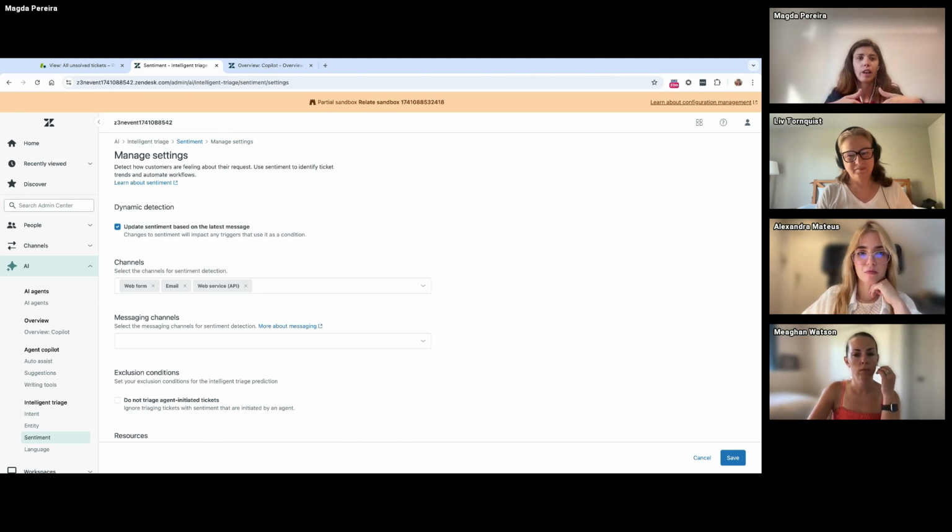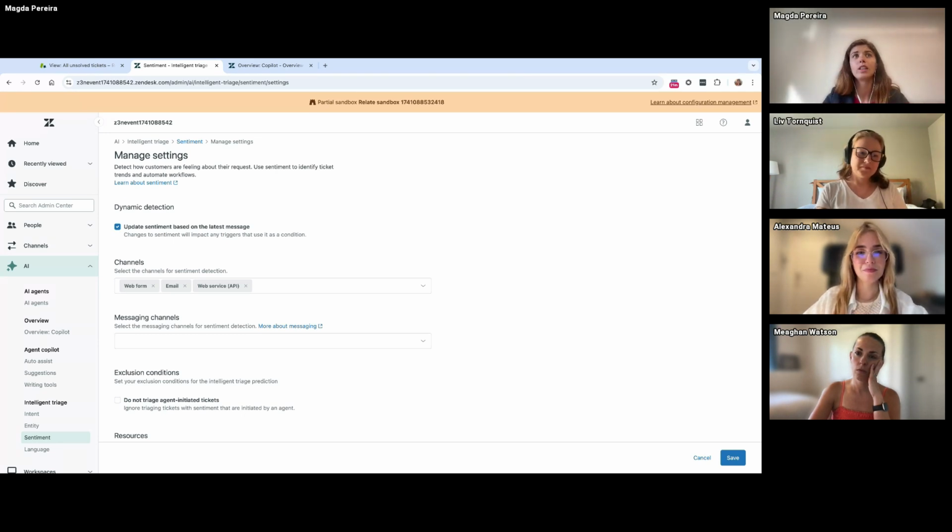So for instance, if the sentiment started neutral or positive, but then there was something that made the customer upset, you are able to get the new sentiment of the customer, and you will be able to act on that. So you can create a workflow that will tell you if the customer is upset or not in the ticket conversation, and act as you want to do that.